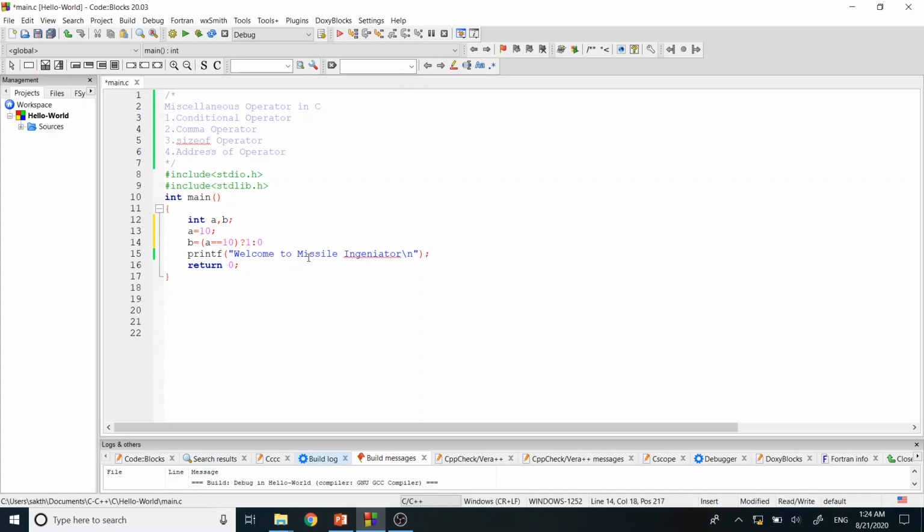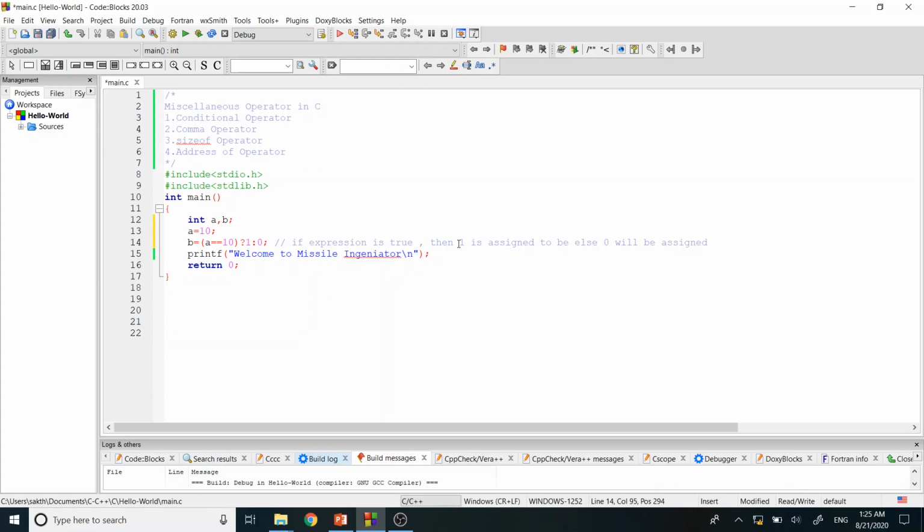Okay, so I can make a comment here. If expression is true, sorry, misspelled here, no problem. It's actually commented with a single line comment. So if expression is true, then 1 is assigned to b, else 0 will be assigned.